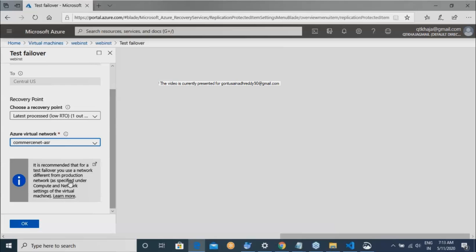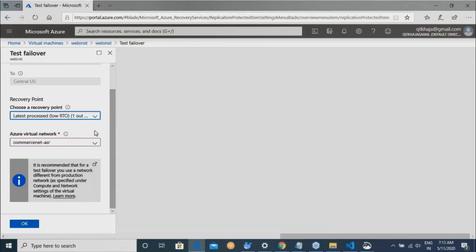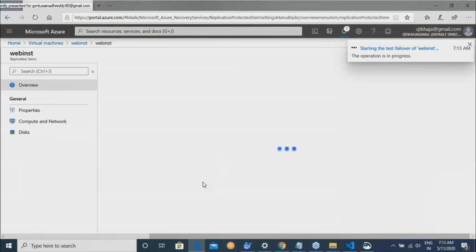When it comes to the recovery point, it is asking: do you want the latest, or anything which is consistent? These are the different recovery points which you have. You can choose a custom recovery point also. Right now, let us go with the default since this is a test recovery, and let me click OK.